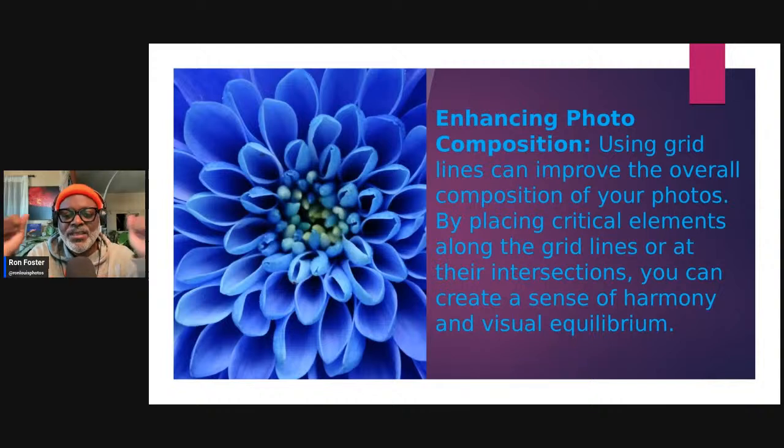For instance, usually when two people are having a conversation in a movie or on the screen, one person is to the left and then 2/3 is empty to the right. Then when the conversation goes to the other person speaking on the right, they're on the 1/3, and then the 2/3 is usually empty.